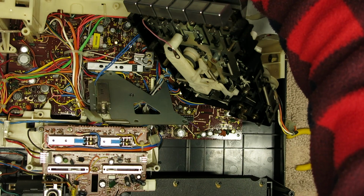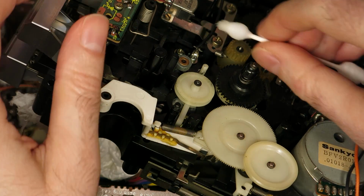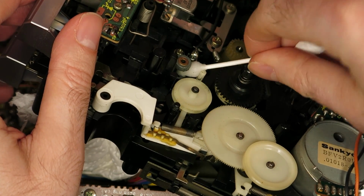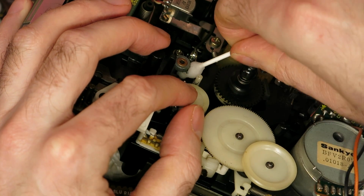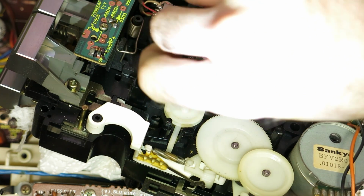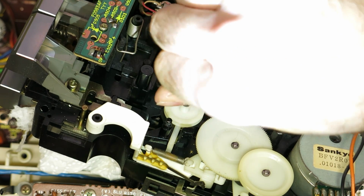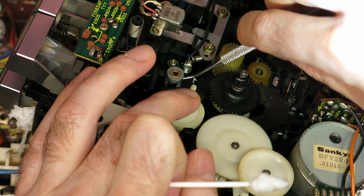So we flip this back round, and I tried all sorts here. I tried flux remover to try and congeal some of this rubber stuff. It's very hard to get down into that because of its angle, and these big cotton buds, you can see they don't quite fit. I think I tried my spongy ones, which weren't bad. What I ended up doing was soaking cotton buds in alcohol and then tearing the bit of cotton off, pushing it down to the bottom with the dental pick, where I'm just picking some stuff out here